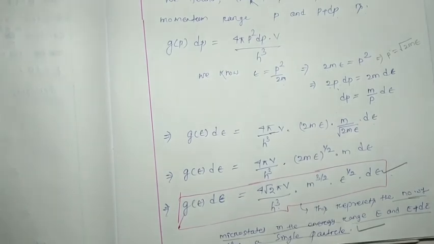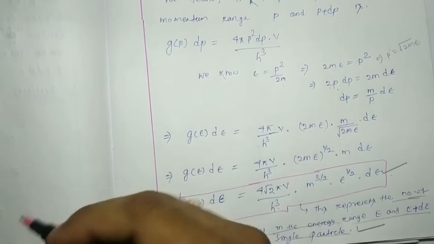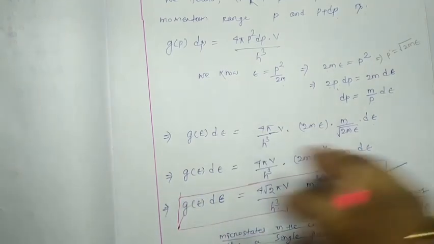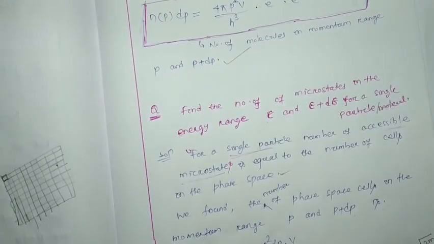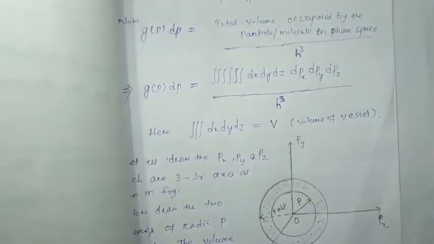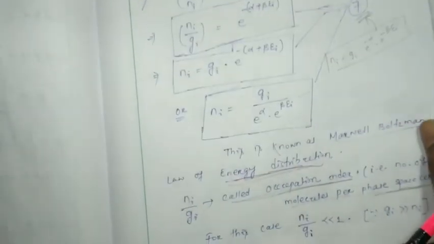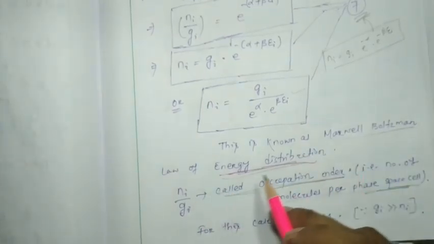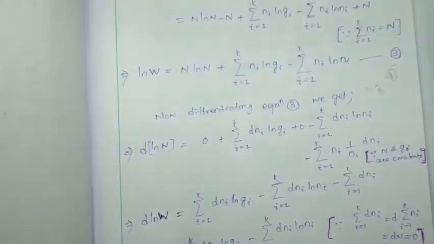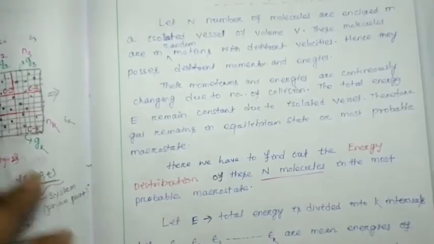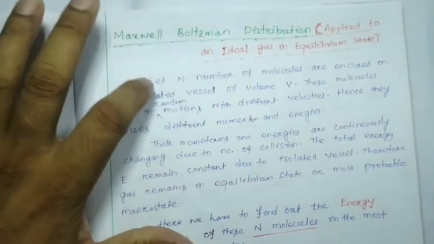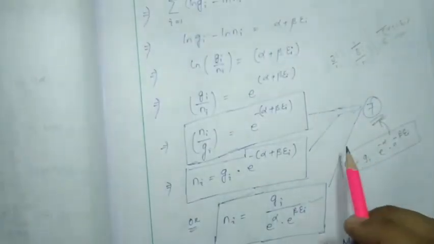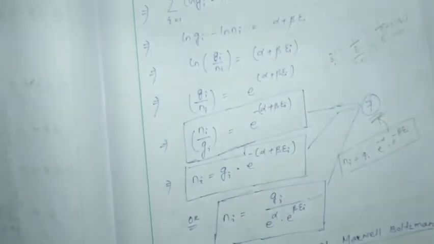Okay, so here we have to stop our discussion. I suggest one thing: pause the video and write down the notes carefully. Suppose the Maxwell-Boltzmann distribution is asked in your exam: describe or derive the Maxwell-Boltzmann energy distribution. What do you have to write? You have to write from here. In short, you have to start from here and end at equation number 7. That's it.